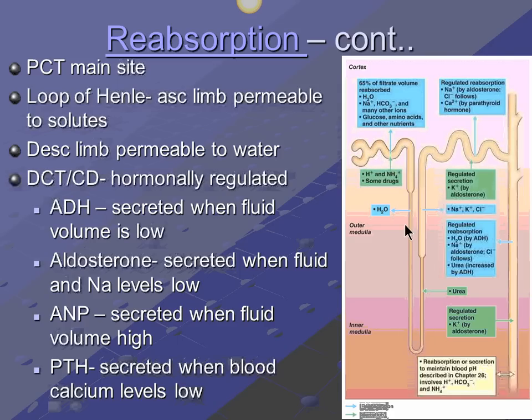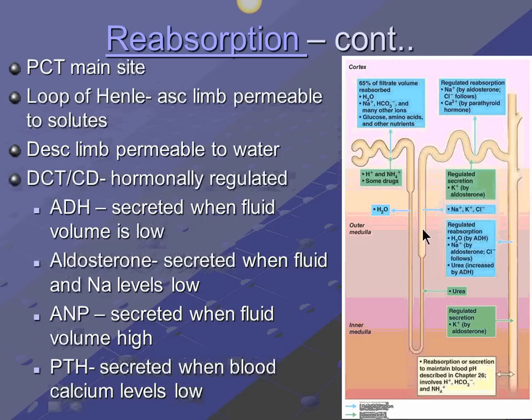So look at this image really carefully. Can you see that in the descending limb of the loop of Henle, water is passing out from the tubule? So the descending limb is permeable to water. Water can pass through the lumen into the cells of the tubule and then go into the blood